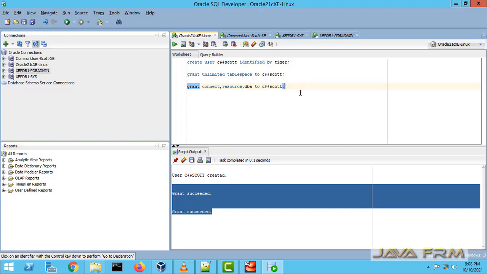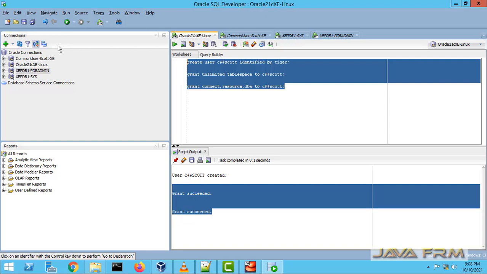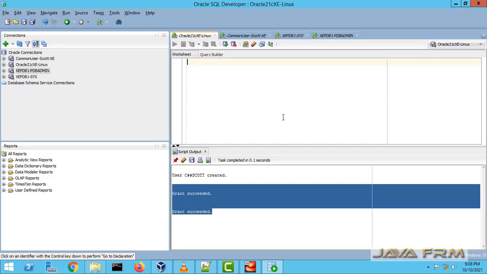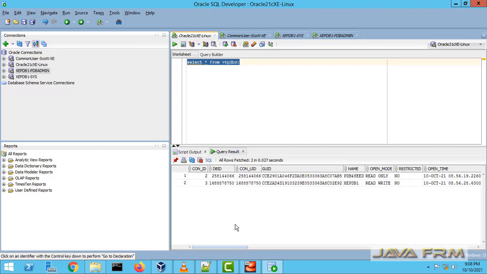Okay, now what we are going to do is stop and start the pluggable database called XEPDB1. So I am going to the sys user who is logged into the container database, that is called XE. I am executing this query, select * from v$pdbs, which will show which pluggable databases are up and running.